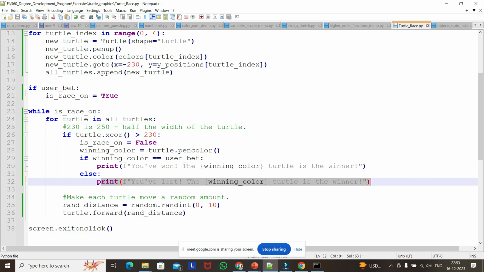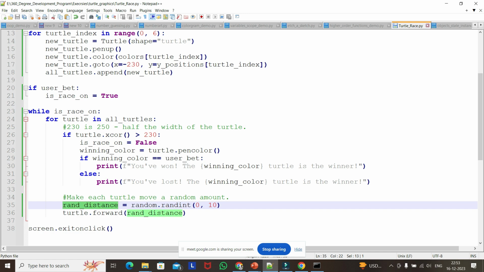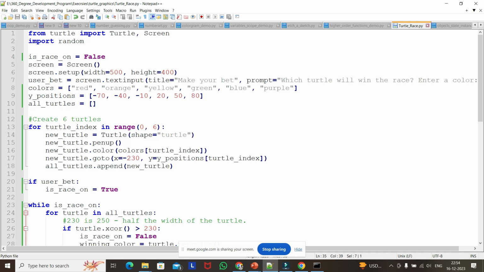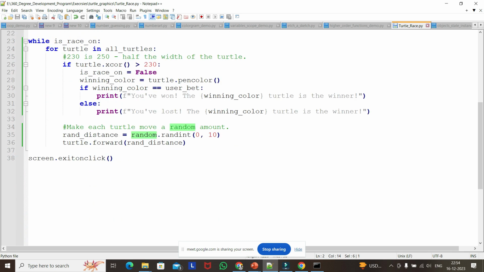So everything is good, right? But how turtles will be moving, that's the main thing. So how it will be moving is, for every iteration we are giving every turtle a random distance to move. So it's like a random int. So already we have used this random function. From random we are using random integer, which is like 0 to 10. So it will give